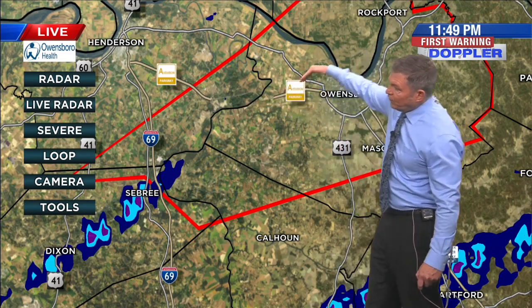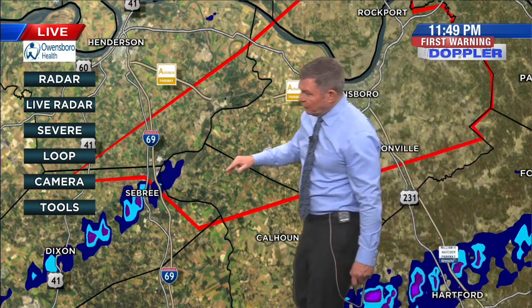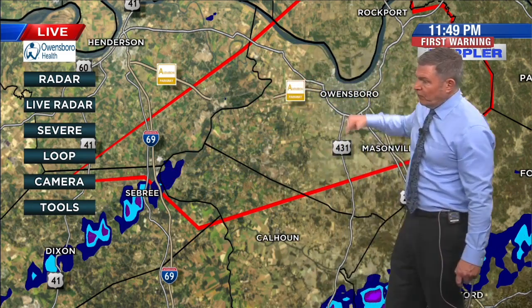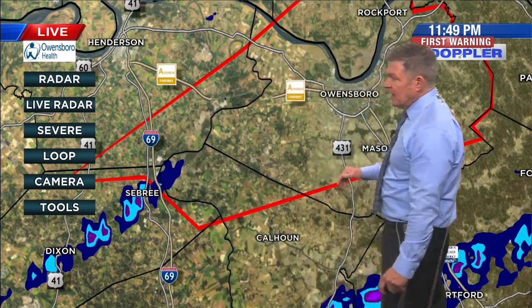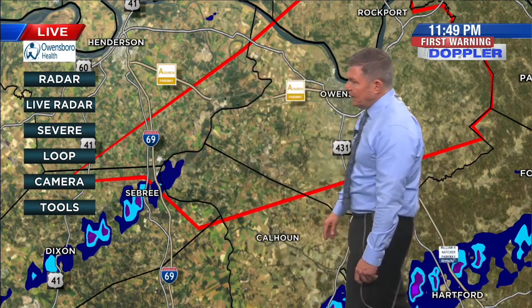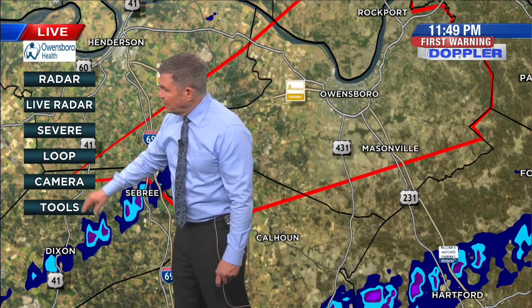And this will be more of a threat maybe to Rockport and Rio than it will be Owensboro, assuming it stays together and continues on that straight line. That's the way it's looking right now on our system. So obviously Owensboro, you want to be ready to get to your safe place. It's not an imminent threat right now. The more significant threat is over here in the southwestern part of the county, as that rotation continues to move